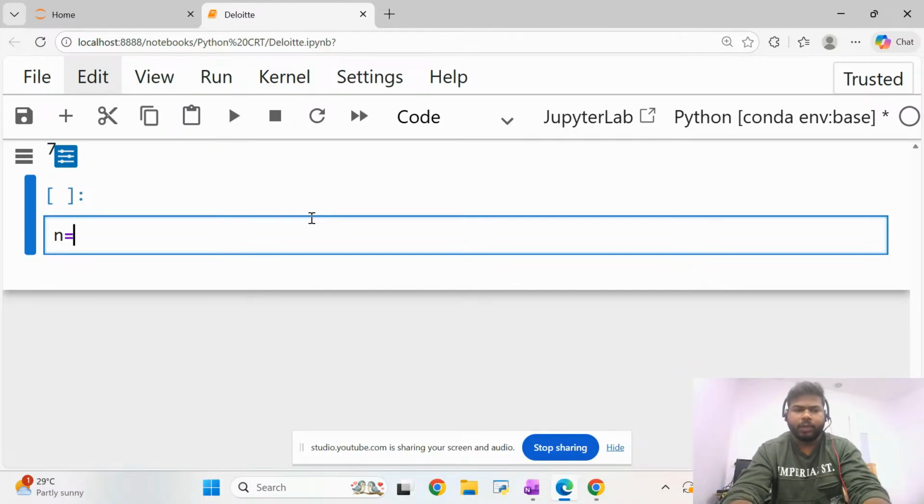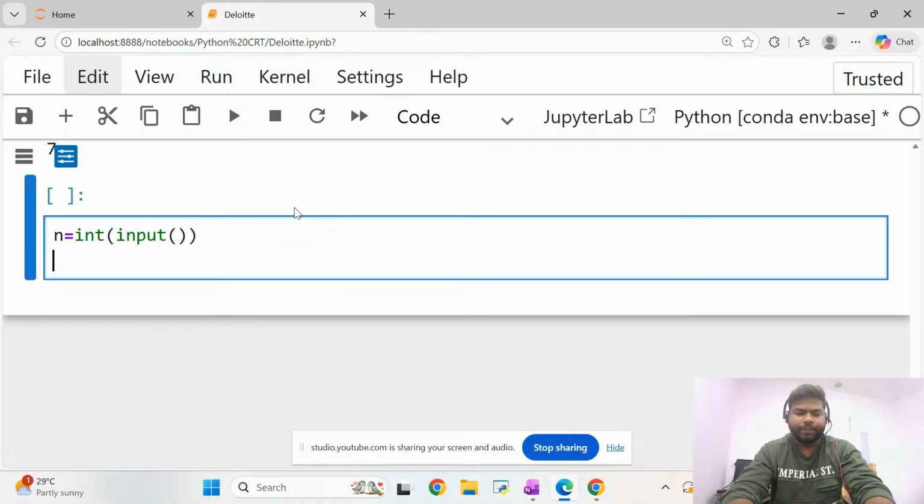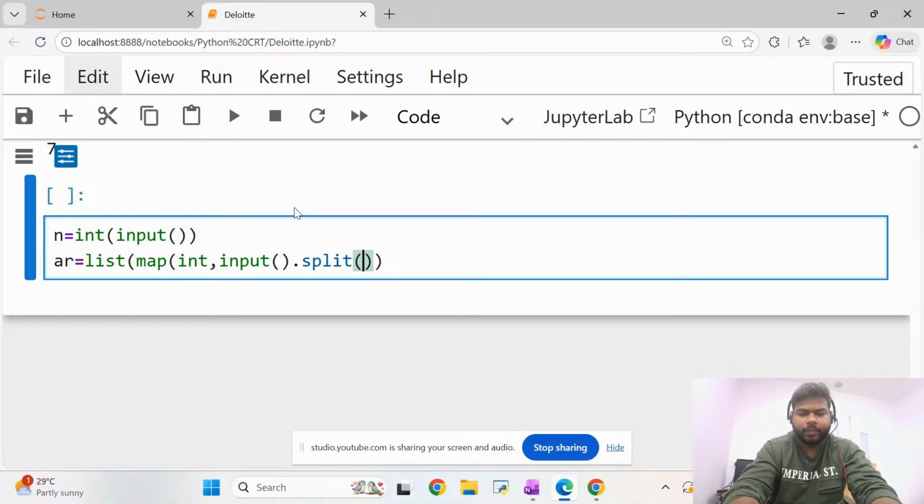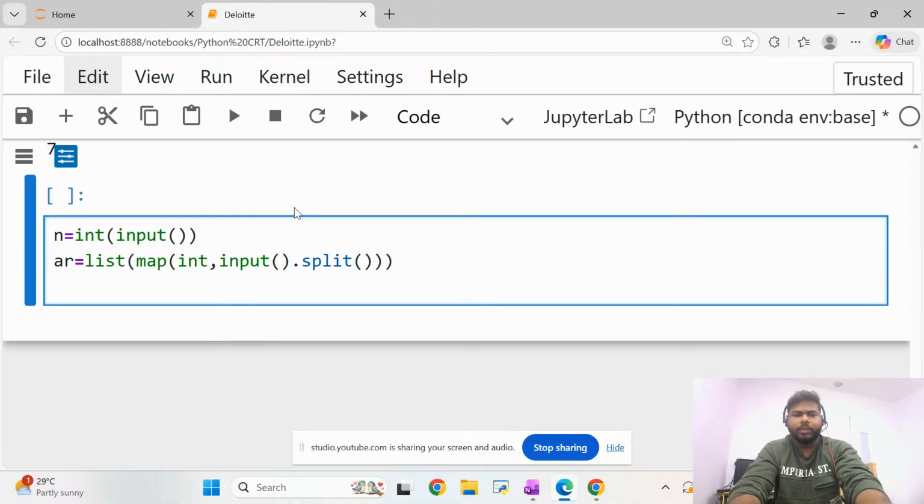So in the first line, what did we do? We took input, n as an integer. Once you have collected input from the user, your next task was to collect array elements in the form of a list, and we use the map function in order to get multiple inputs in a single line, and every element is taken as integer format input, dot split. So this is how we'll be taking multiple inputs in a single line and converting them into a list. Once it is done,